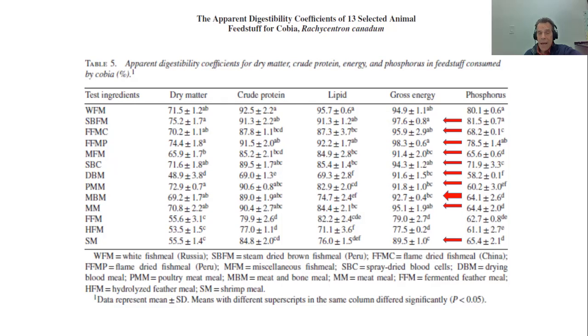The most dramatic example is 89 for protein, 74 for lipids, and a digestibility of 92. These values are not dramatic, but if you're trying to be careful, a 10% error will have an impact of $5 to $10 per ton. The fact that these data don't add up is extremely problematic for formulating least cost diets.